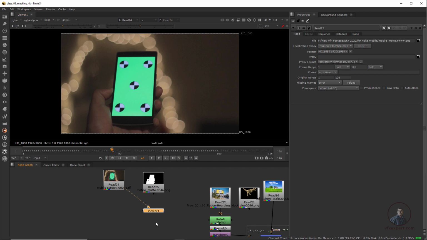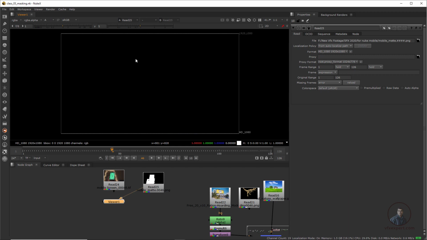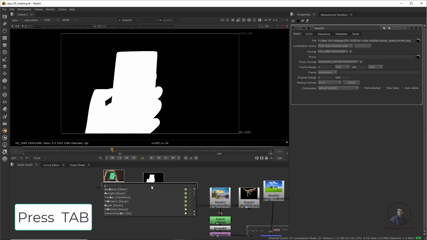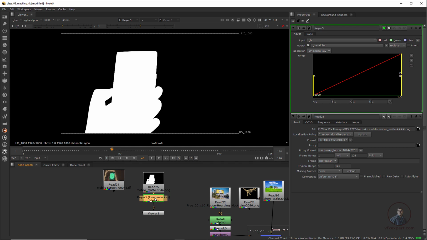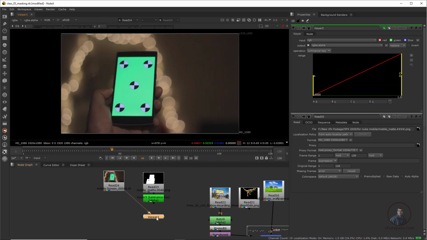Okay, so now let's see a little bit how we can use it. Just select this one again. Now if you press A, there is no alpha channel. So now select, type Keyer. Select this Keyer and press 1. Now if you check inside our alpha channel, you will see here, I have created an alpha channel with the help of this matte. Then if you want, you can remove this background. Now press A here. This is just for explanation.